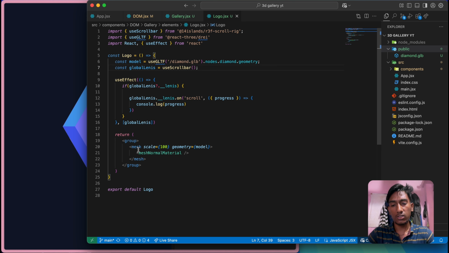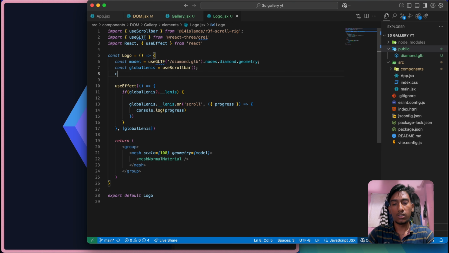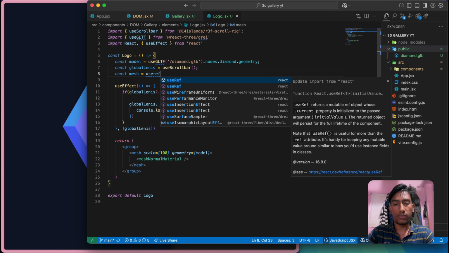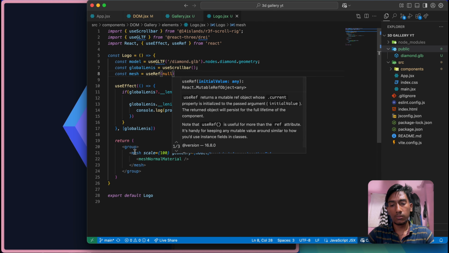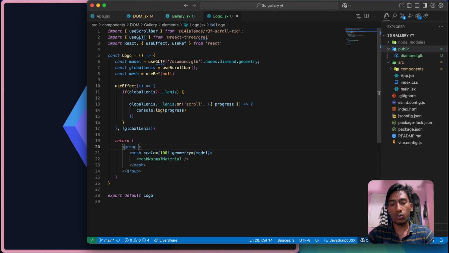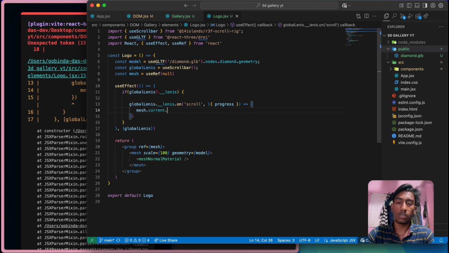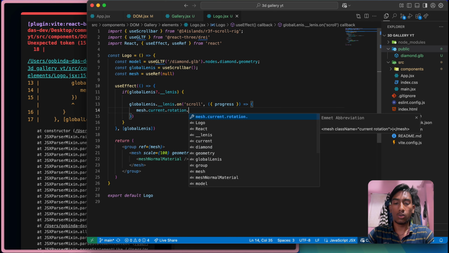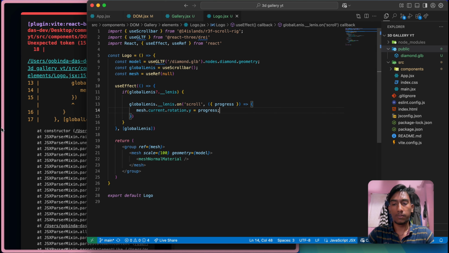Now we need the reference of this mesh. So const mesh equals useRef(null), or we can reference the group here, ref mesh, and mesh.current.rotation.y equals the progress.